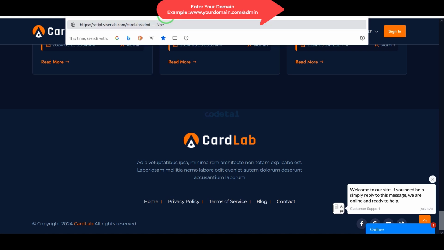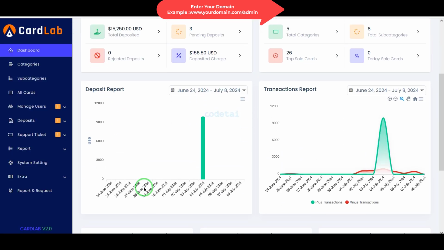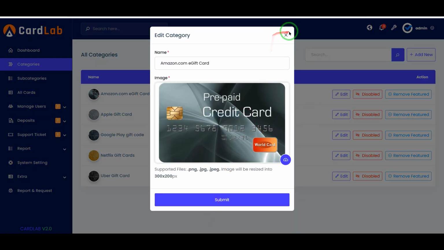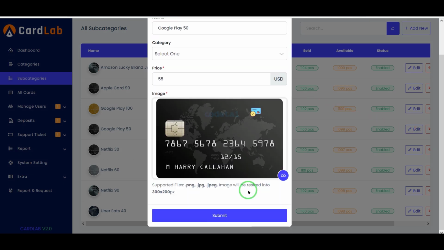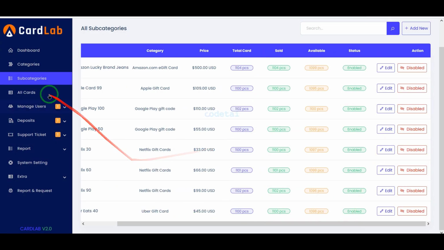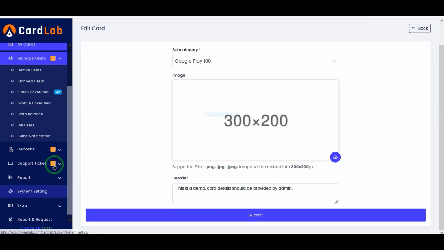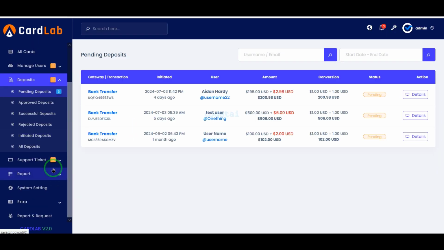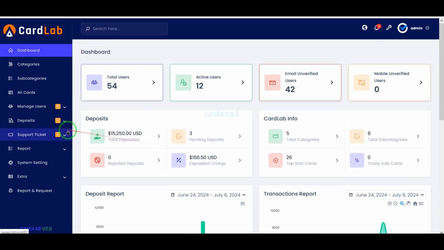Now we can easily customize the design and features of the website by logging into the admin panel. Because we already know that we can manage all the features and functionalities of the website through the admin panel. So you should study the features section of the admin panel without delay. Or if you can't customize the website or don't understand anything about the admin panel, please contact us. We will help you customize the website and we will explain the admin panel in detail.